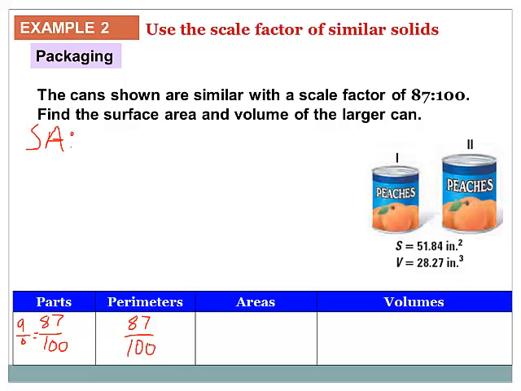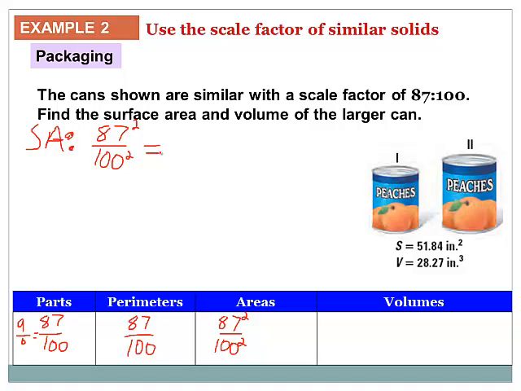If we're looking at areas, which is what we're doing, surface area counts as areas. We'd have to do 87 over 100, and if we have areas, we have to square those. So when I'm finding ratios with areas, I have 87 over 100, but since it's an area, I need to square these. I would square this 87, I'd square my 100, and I'd set that equal to